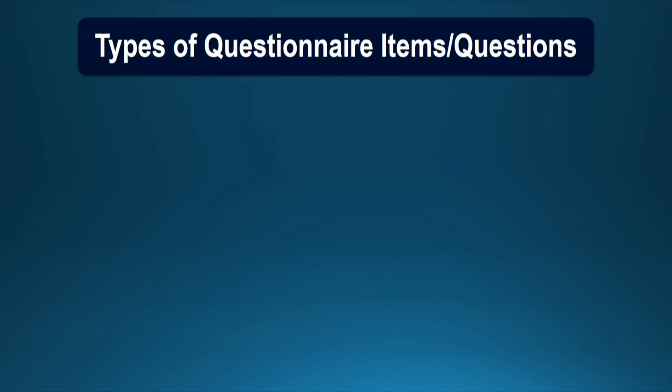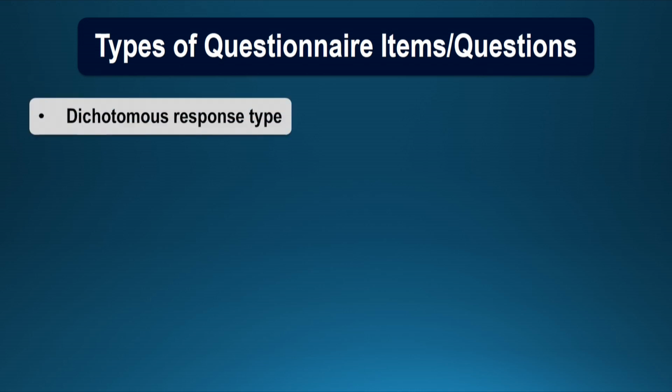So you can see, stating the purpose of study, breaking down the purpose into research questions, and further breaking down the research questions into criterion questions will enable the researcher to arrive at the specific questions which can be asked to the respondents. The types of questions which can be included in a questionnaire can be dichotomous response type, where